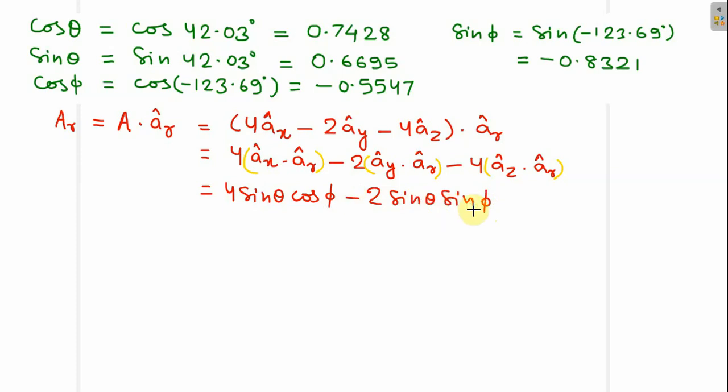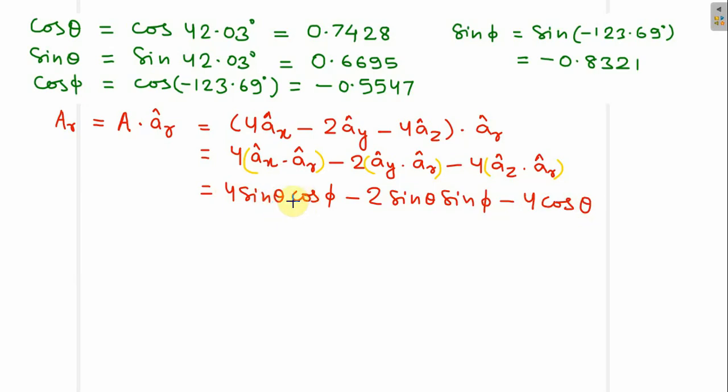Okay, this is nothing new. We have discussed it in the earlier class. If you see my previous videos, perhaps the video in which we discussed this spherical to Cartesian unit vector transformation in the form of a matrix, I had derived all these formulas. So you can refer from there. And az dot ar is cos theta, so we will write simply 4 cos theta.